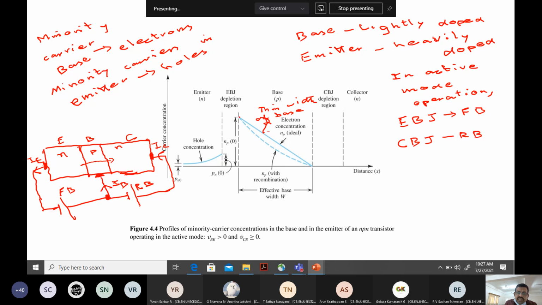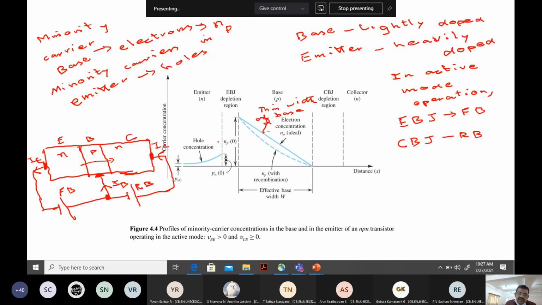Now there are symbols written over here. So when I talk about minority carrier, let me make it clear. If I am talking about the base region, first you have to write the symbol for the minority carrier. This is electrons, so you write N. Now the subscript P stands for electrons in P region. That is electrons which are minority carrier in base region.